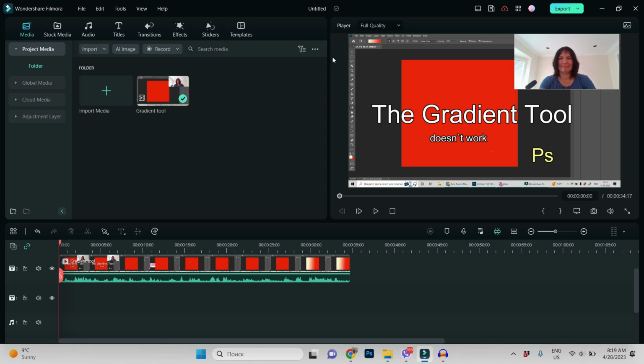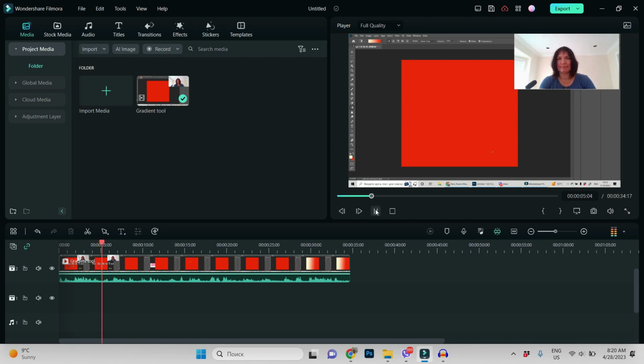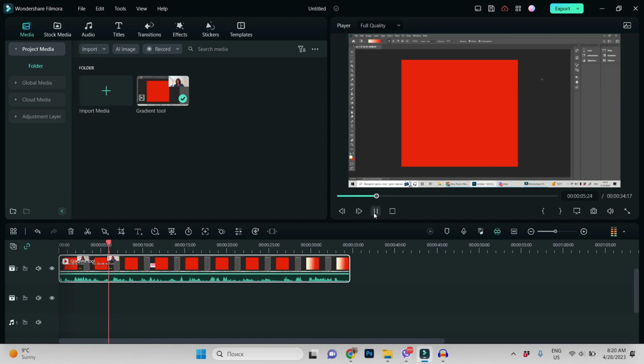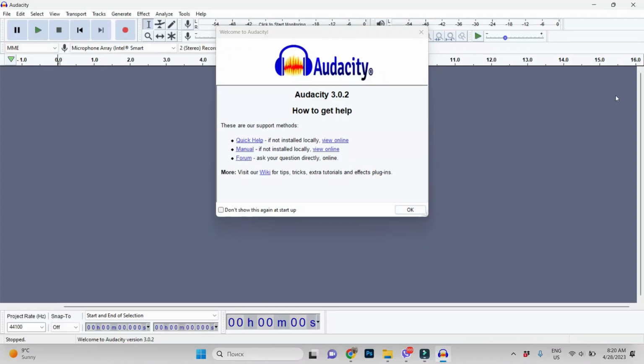For example, you did a recording, and if you listen to the file, you'll see that there are some noises that you don't want. Let's see. Hi, I'm Dear Friends, and my gradient tool in Photoshop doesn't work. And what is more important, you're trying to increase the volume, but it's not possible. Let's see. So this is a Photoshop project, and okay, that's why I downloaded Audacity. It's free, and I will